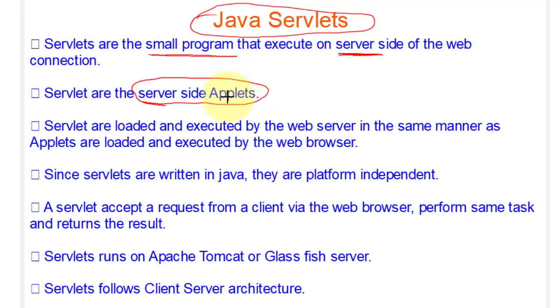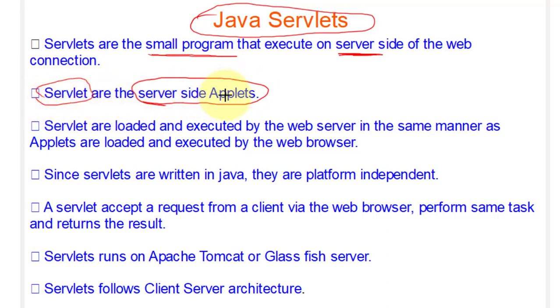But suppose this applet executes on the server, instead of on the applet viewer. Then we call that applet a servlet. They are not applets, they are servlets.